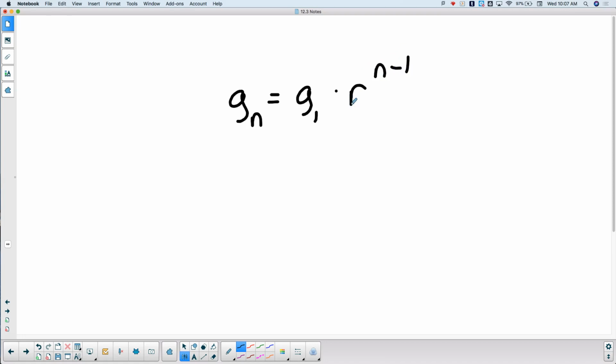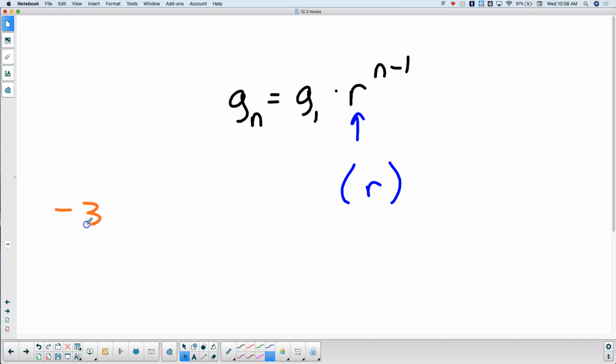When we're dealing with that, you should just get into the habit of putting that R value inside a set of parentheses, okay? Especially if R is negative. So on the homework and on the formative, I marked them wrong if you didn't put a negative R in a set of parentheses. And the reason is,